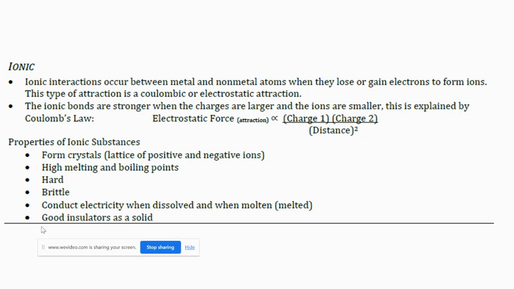So they will sometimes tell you this unknown compound has these characteristics, and then you have to be able to identify, is it ionic or covalent based on that. Okay, so if they said it forms crystals, forms a lattice. Remember, a lattice is kind of like that scaffold that forms. And the basic unit of this is a formula unit. So if you broke it down and you had the tiniest amount that would still be combined as a compound, that would be called a formula unit. Just like an element, the tiniest part is